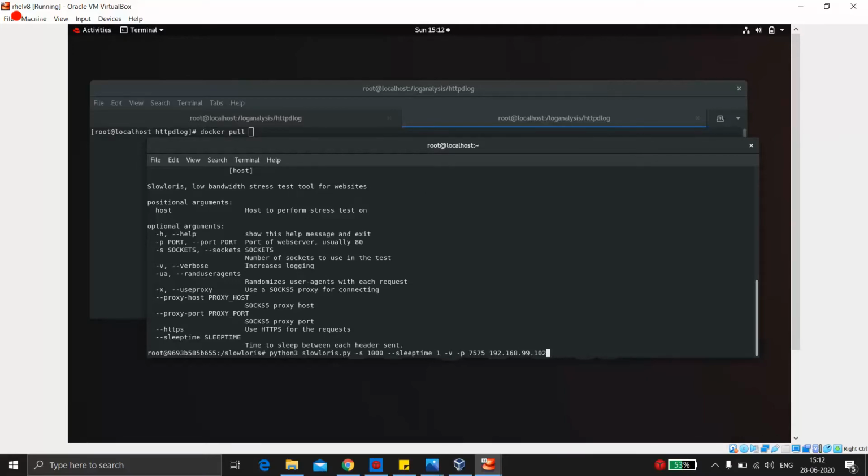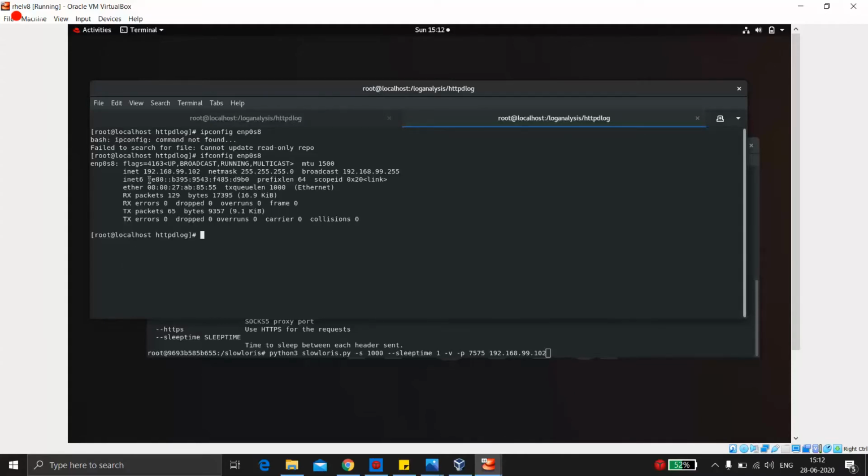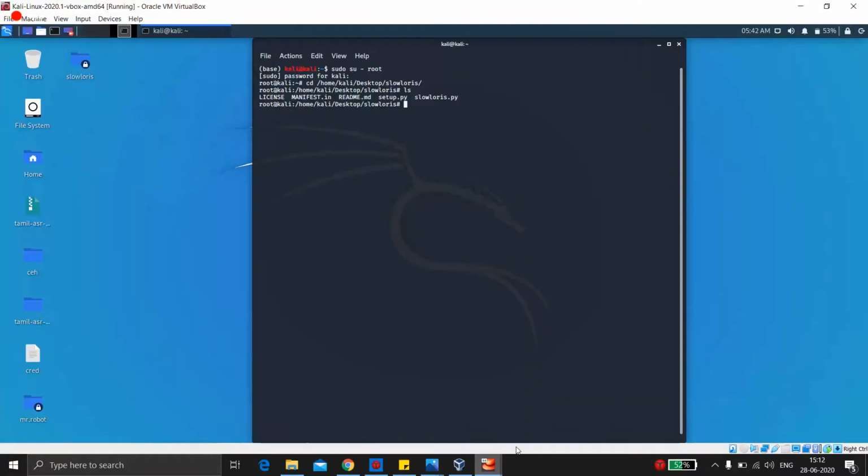Now our host IP is this, okay, I haven't shown you, so let me show that. Oh, this is a Windows command, sorry. Yeah, so we can see here that my IP is 102, and this same command will even run in our Kali VM also.